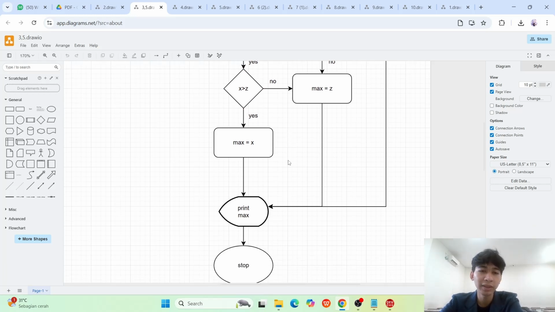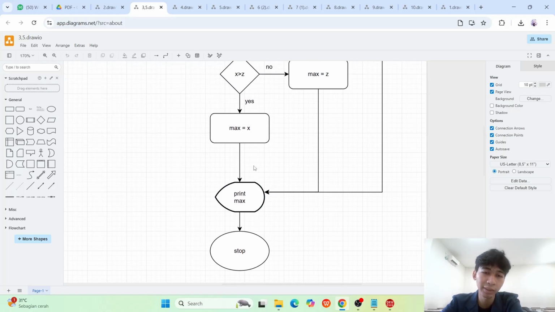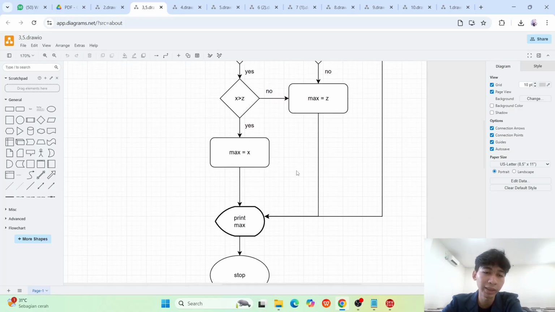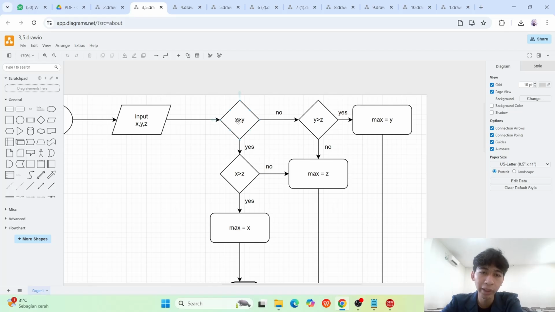If yes, then the max value is set by x value. And then the program displays the max value, the biggest number from all 3 inputs, and then the program stops.